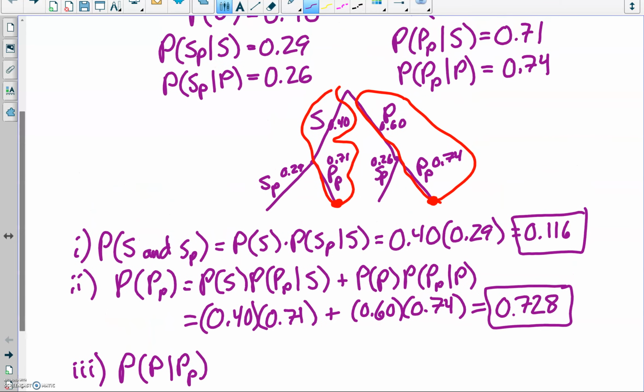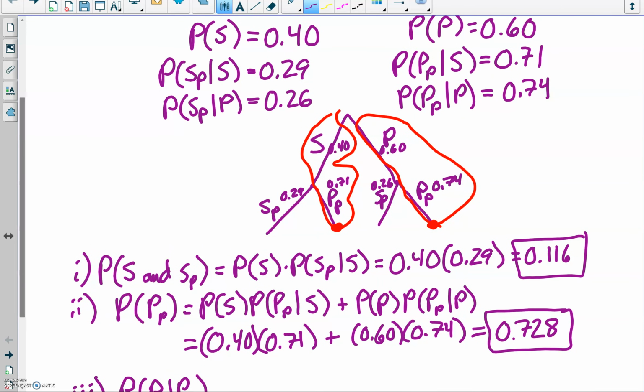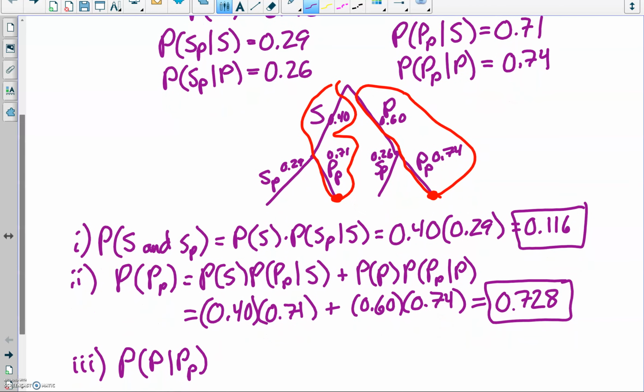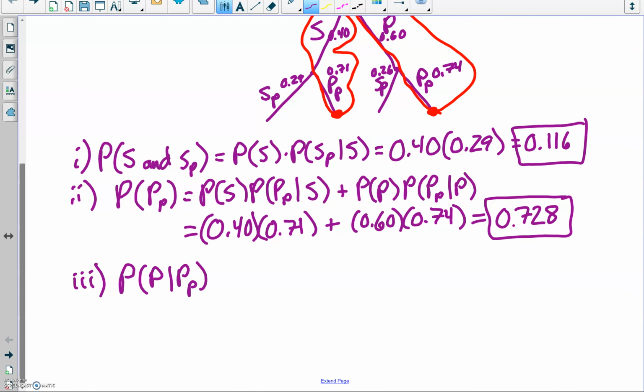Now when I look up here at what I've already written, notice I don't have any of that where the given condition was what type of producer it was. We were just told what it was originally, whether it was single or paired originally. So this is a place where we do have to use the Bayes formula. Bayes formula allows you to switch the order on these conditionals if you know enough information. It's great for these scenarios and it always shows up. So the Bayes formula for this,